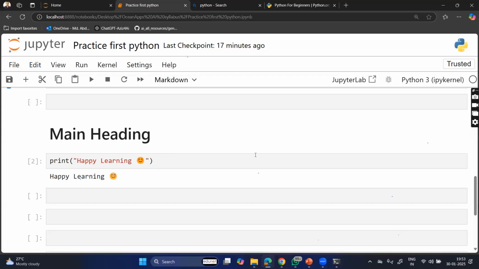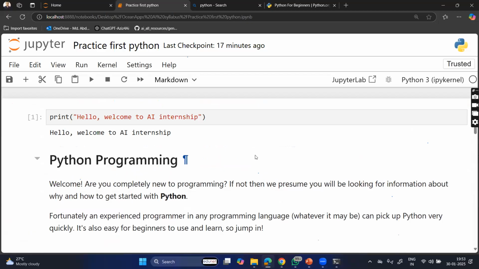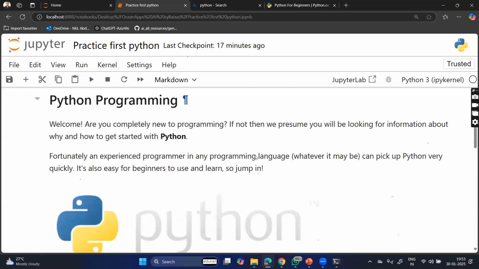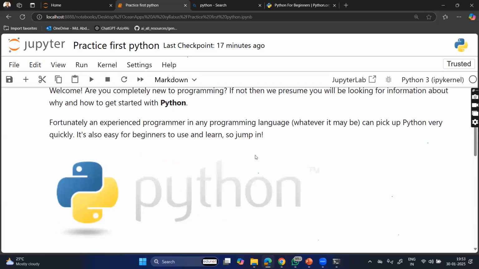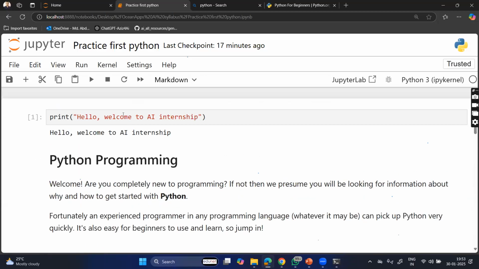Just refer to any kind of documentation of Jupyter, so that you can do a lot of things, right? You can use HTML also, so with HTML you can change the colors of the headings and all. You can change all the heading colors. And from now onwards, what we need to do is, whenever we are opening any kind of